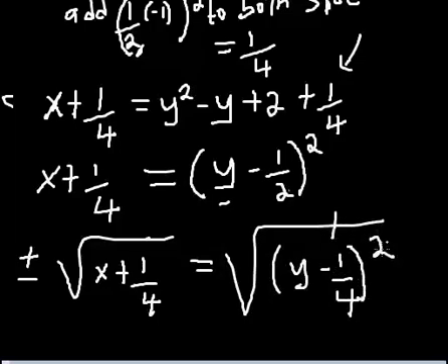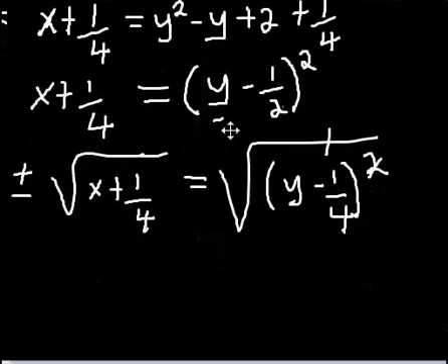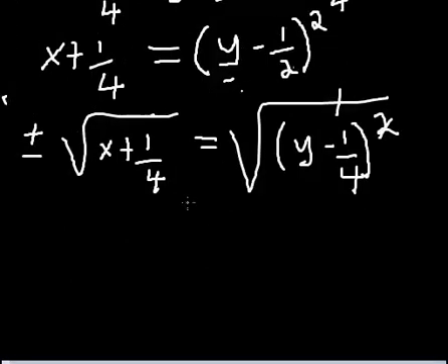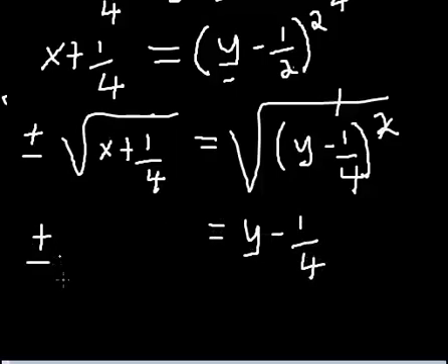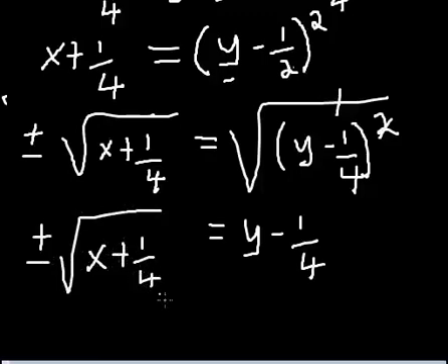Okay, so square cancels square root. So now y is free to move, or y is free to be made the subject now. In this case, what I just have is y minus 1 over 4, then of course plus or minus the square root of x plus 1 over 4. All right, so now I can get my y. So y is now going to be, minus goes on, it becomes plus,